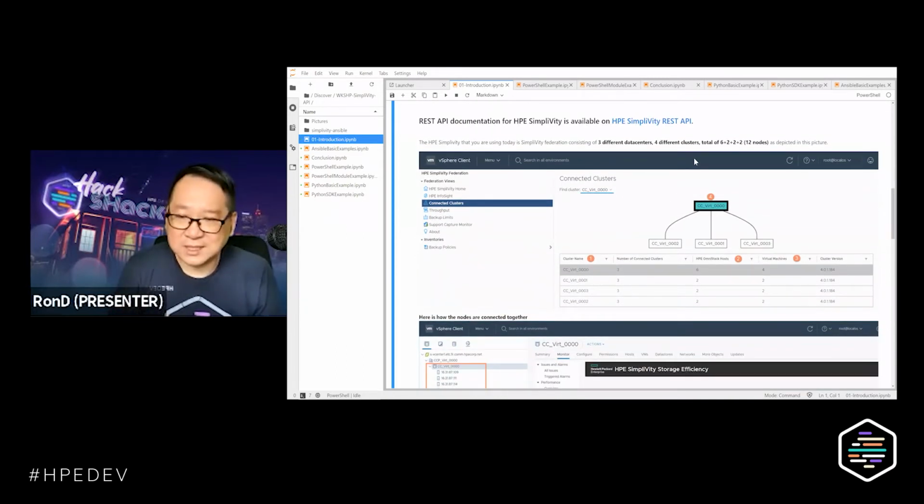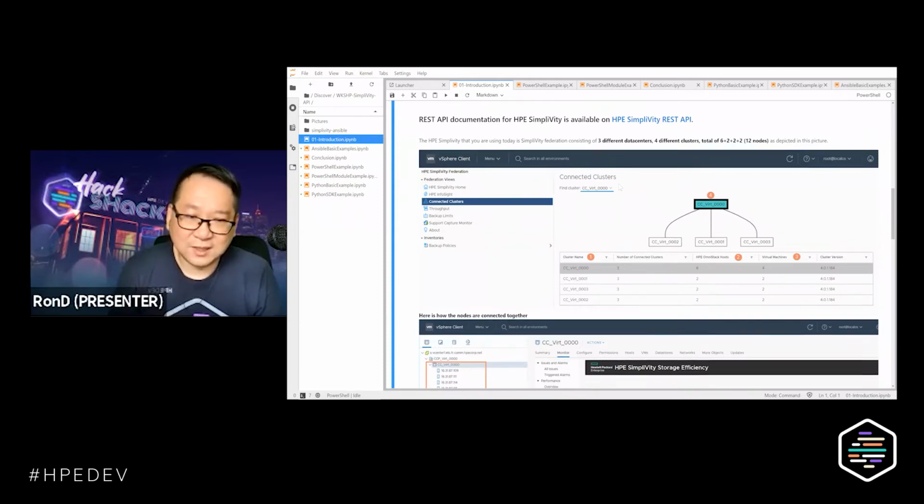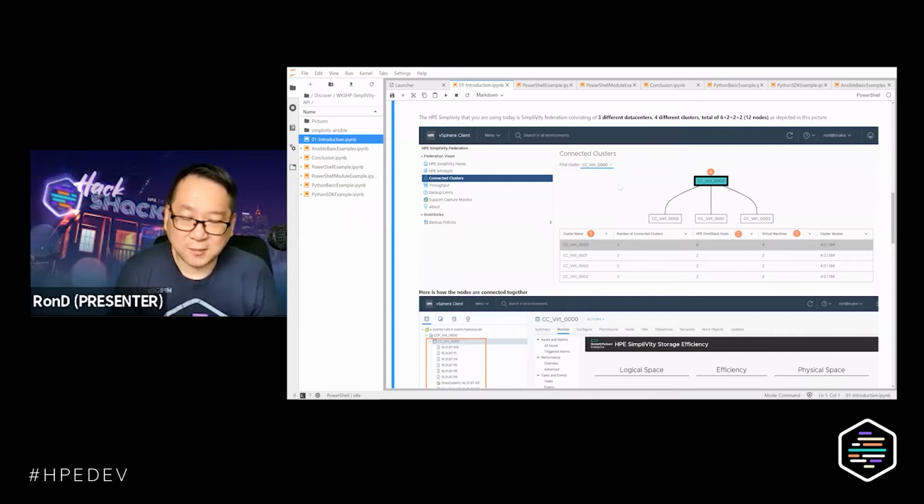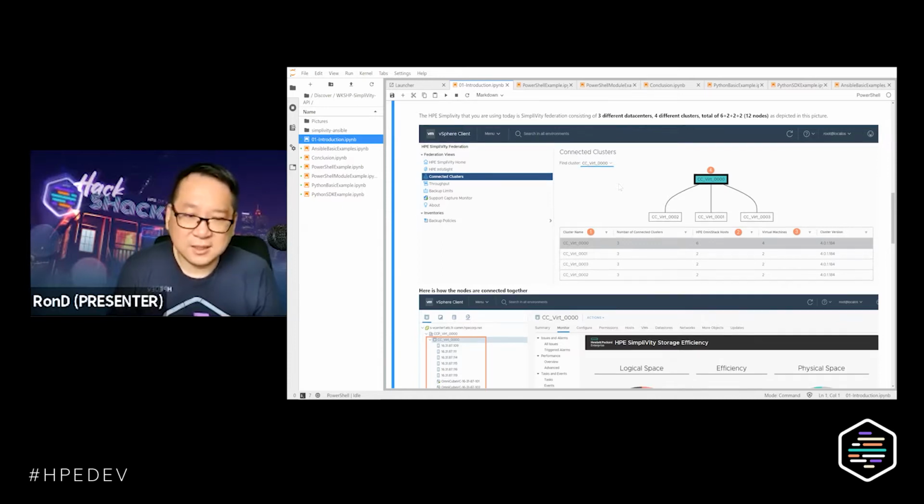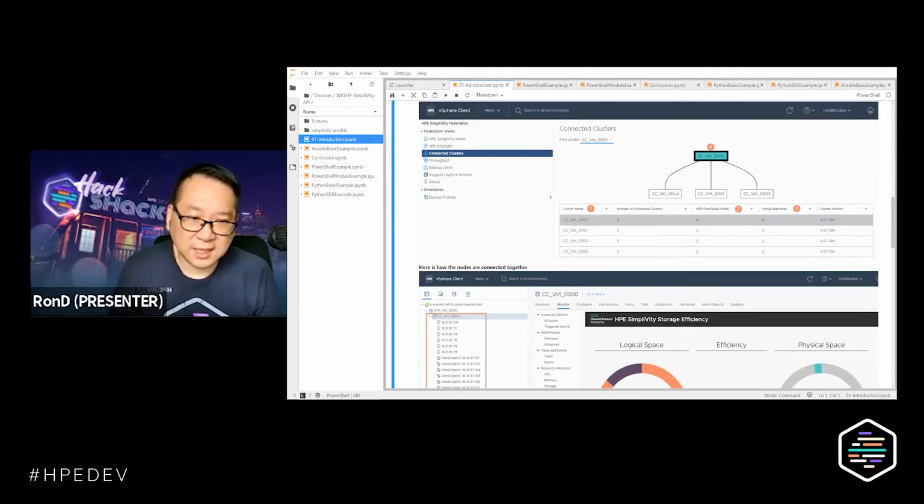So the SimpliVity that we'll be using today is what we call the 6+2+2. It's actually a SimpliVity with 4 different clusters. The first cluster has about 6 different nodes, and they are all connected through the network, just like what I've shown over here.